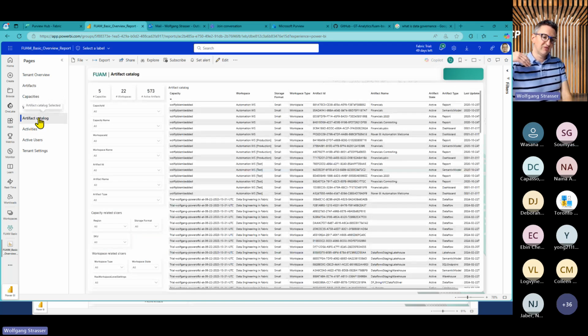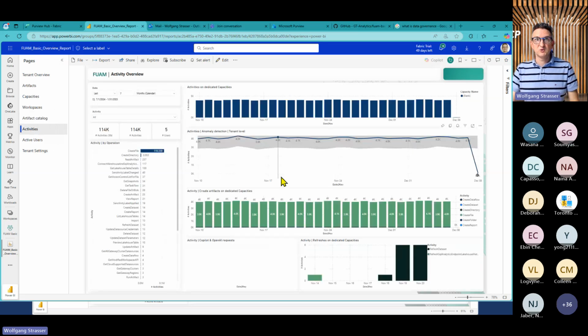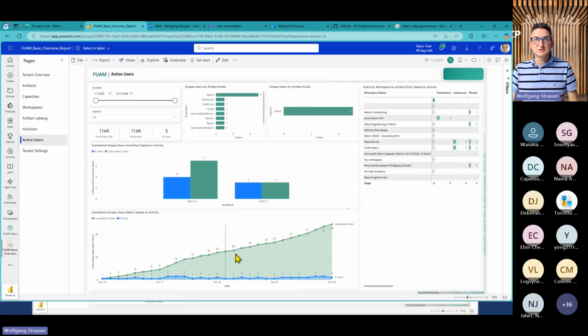Another approach of the OneLake data catalog, we've got a list here. We can search and drill down and find the information about that one. Activity overview, so the last days, what is going on. We've got some create data flow, run data flow activities, and so on. What about the active users? So who is using my Fabric environment? What's going on in my environment? What is the most used Fabric dashboard, for example?